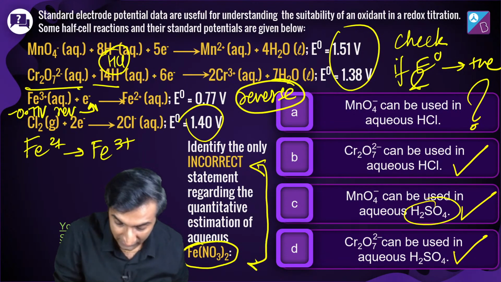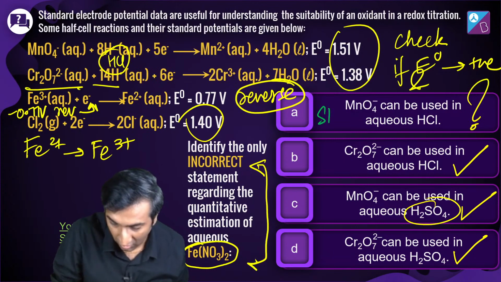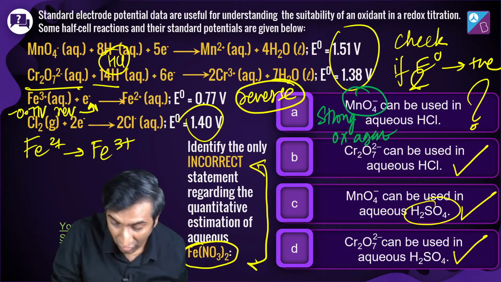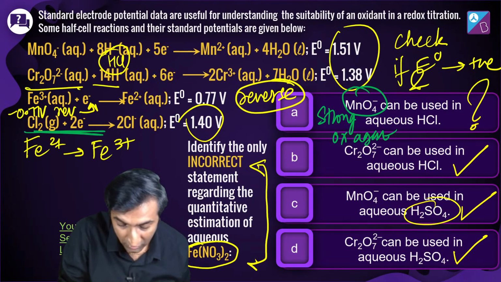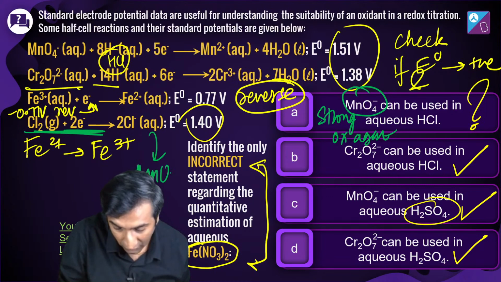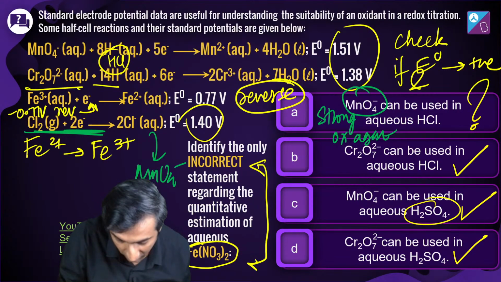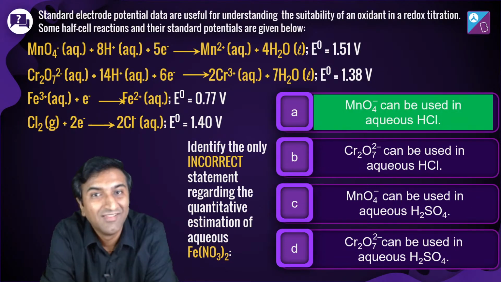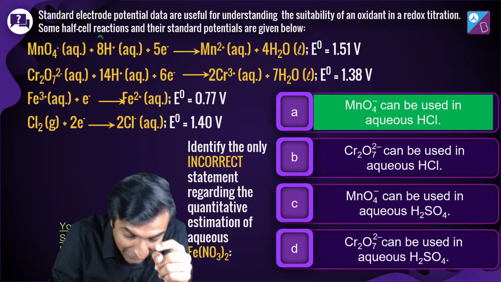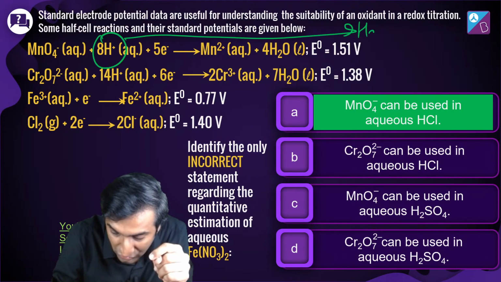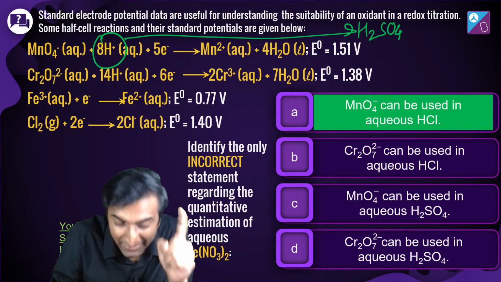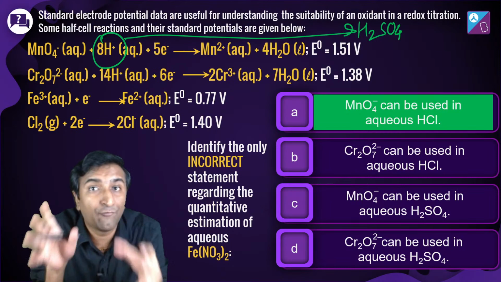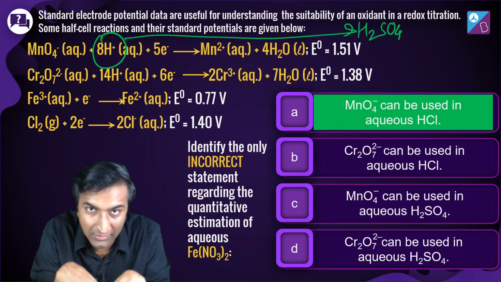Strong oxidizing agent, यानी कि MnO4 minus ऑक्सीडाइज कर देता है इसको. MnO4 minus will oxidize Cl minus. So it cannot be used. It cannot be used in aqueous HCl. This H plus needs to be H2SO4. Okay, that is a small deal, and technically I think this question belongs in DNF block than in electrochemistry, but